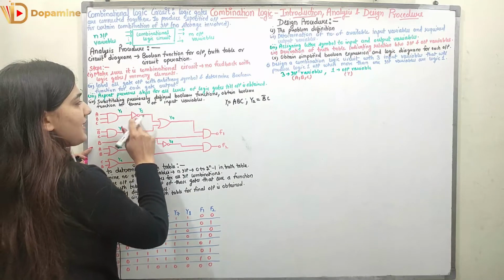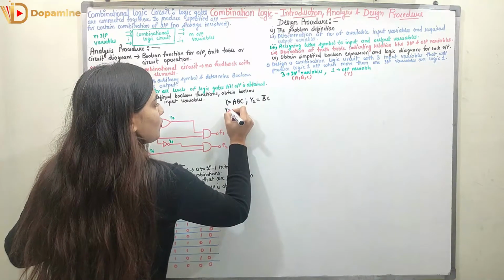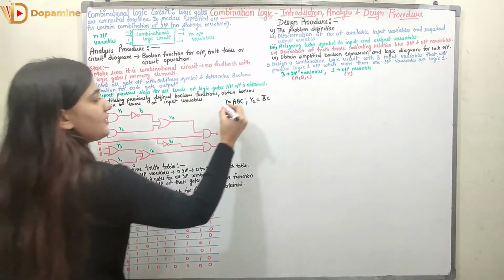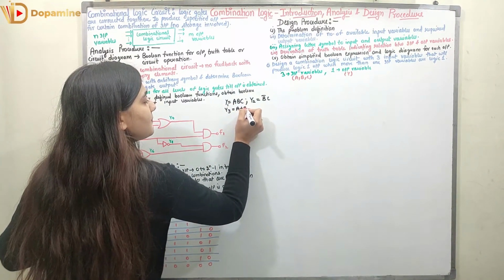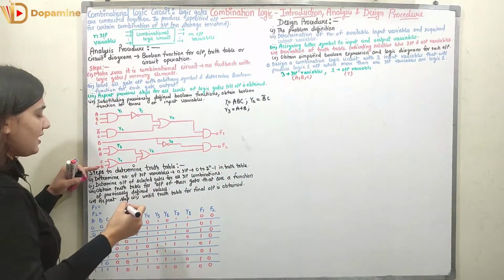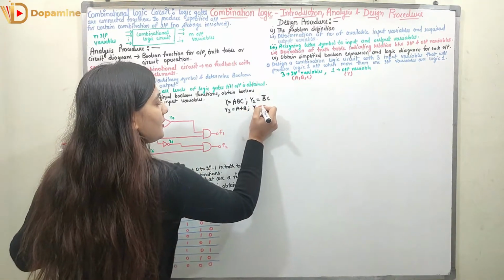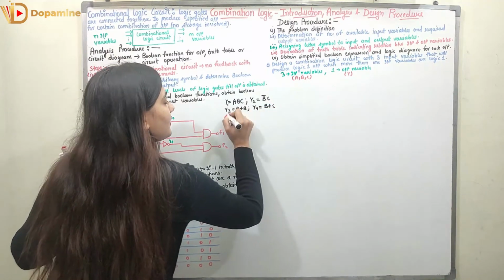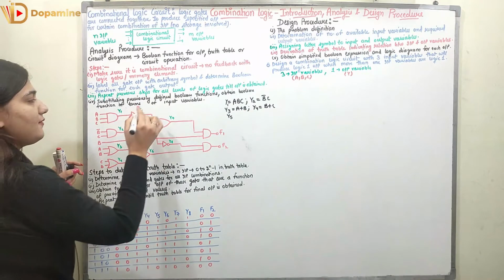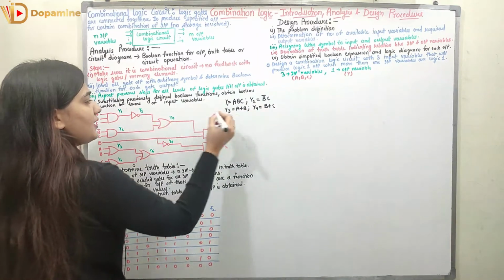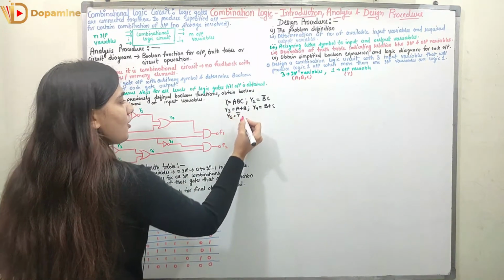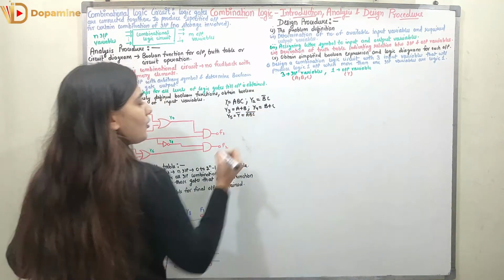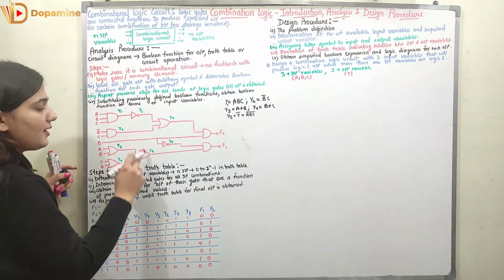Now here we have Y5. Okay, first of all I will see what is Y3. Y3 is the OR gate, so it is the A plus B OR operation, right? Then we have Y4, again an OR gate. In the OR gate we have B plus C, right? Coming to Y5. Y5 is specified in terms of Y1. So Y5 is Y1 complement, so it will be equal to A, B, C whole complement, right? Now here Y6.